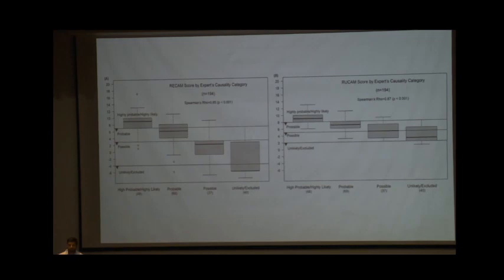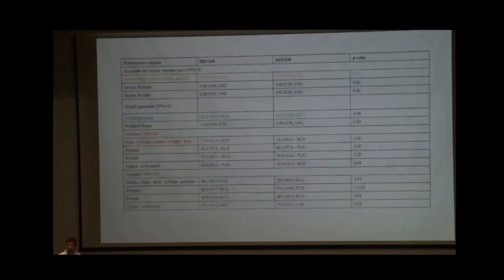In this graph also it shows that the RECAM score performed better than the RUCAM score in giving highly probable and highly likely incidence of causing drug-induced liver injury. And if we assessed further, then the final result showed that the RECAM score has high probability of coefficient of variation